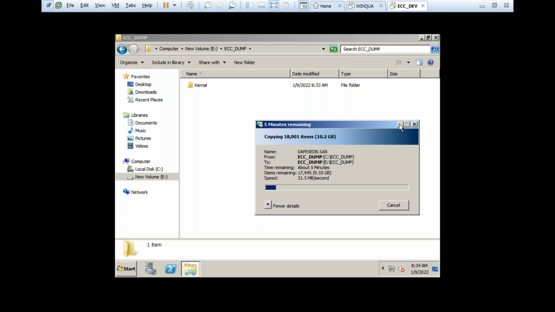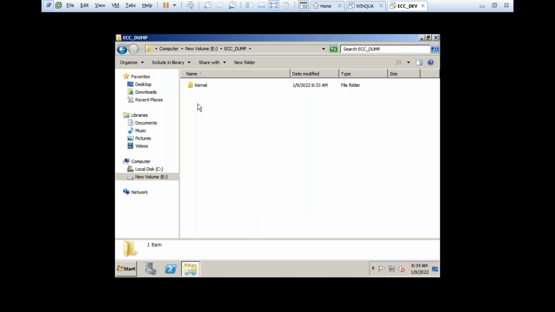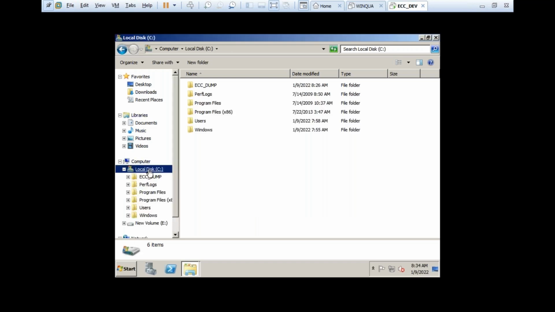Now we have done everything. OS is ready. Media is ready. Now we have to follow the steps. First we need to install Oracle. Go to dump. It's copying the file now.